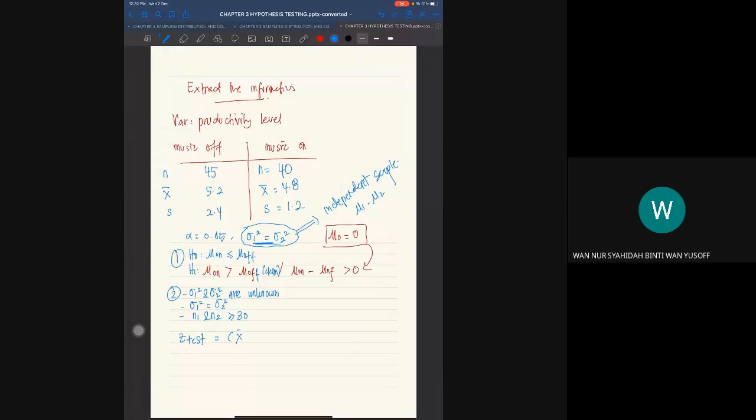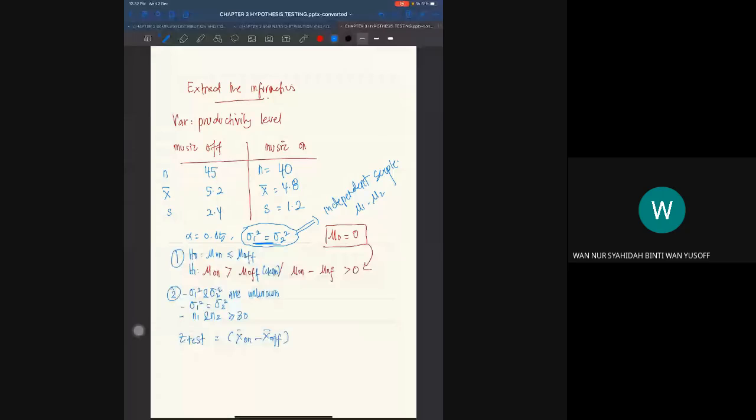So which x bar should be the first one? x bar on. We have to follow the hypothesis. It cannot contradict. The hypothesis and the Z test here cannot contradict. If it contradicts, I will look at your hypothesis. Okay. So x bar on minus x bar off